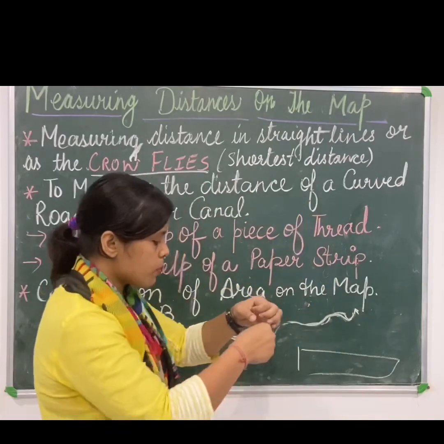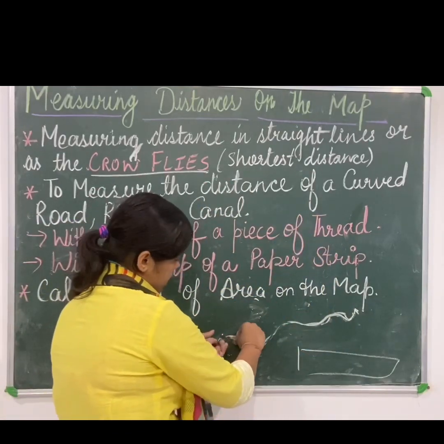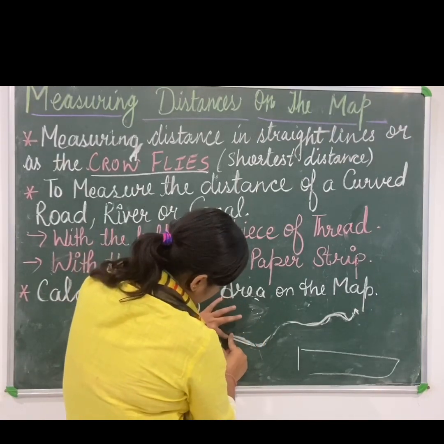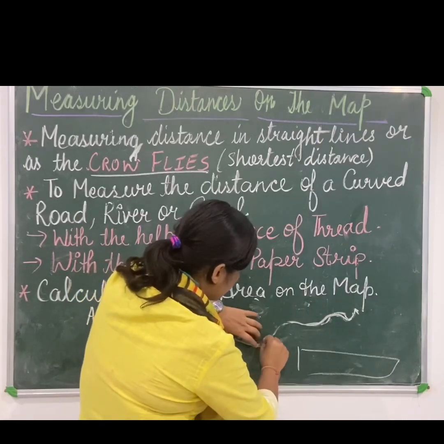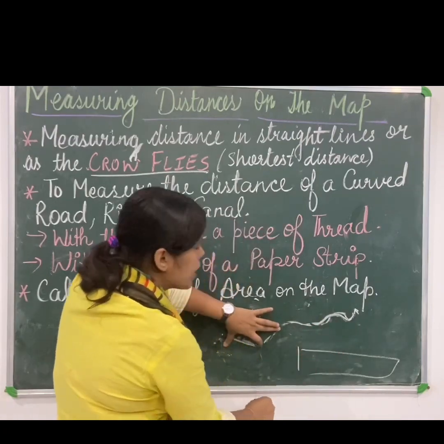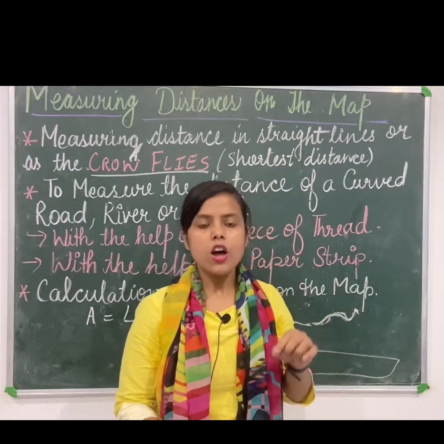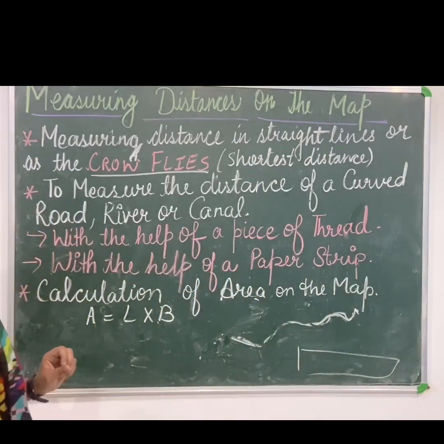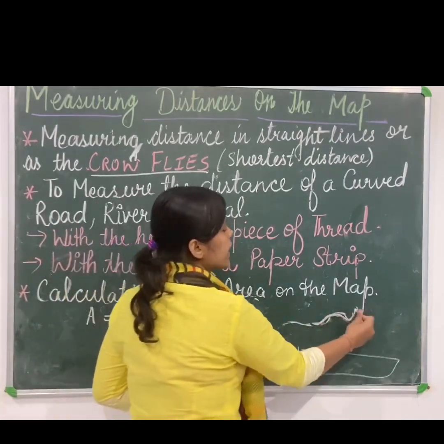And if I have to place this thread, I will be placing it in this order. See, like this. A little bit of a problem you will face like this. You will keep on going like this, then bend your thread like this. Then again, at the end point of your thread, you will color it with the sketch so that you know the exact distance of the river from point A to point B.